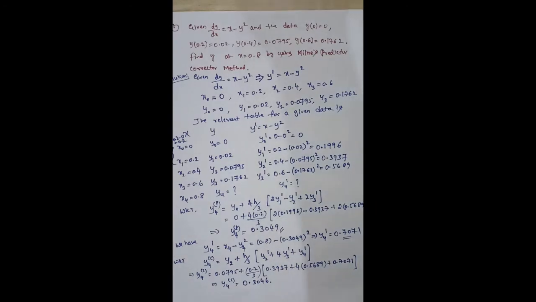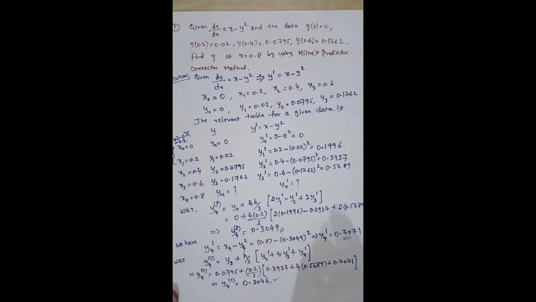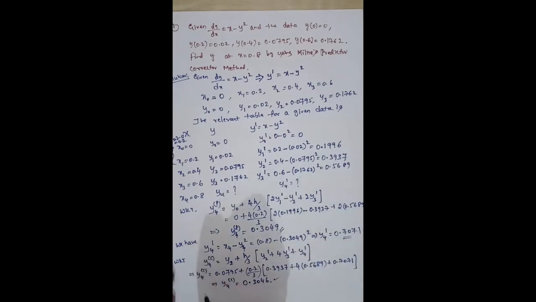So already we got predicted and corrected, but when it comes to the predictor corrector formula, we have to apply the corrector formula minimum twice. So once already we have applied, so I have to repeat this process again to get better accuracy. So how to repeat it? To apply the corrector formula, I need y4 dash, and this y4 dash is calculated by using the predictor value. Now let us calculate y4 dash again by using this corrector value. So I'll repeat from this step onwards.